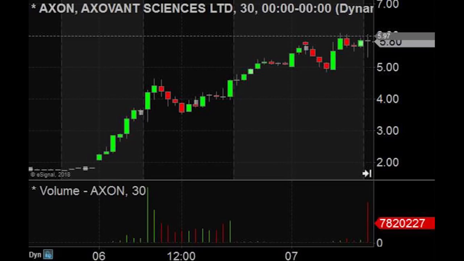Do I eventually think it's going to go back down to $2? Yes, but from a price action standpoint right now, the trade isn't working. But there's informational edge there. What happened was the next day the stock gapped up. It got down below $5 eventually the next day, and then trended down over the next few weeks down to